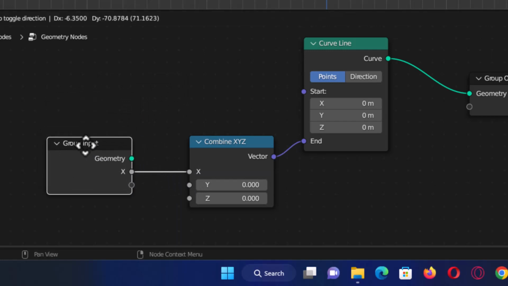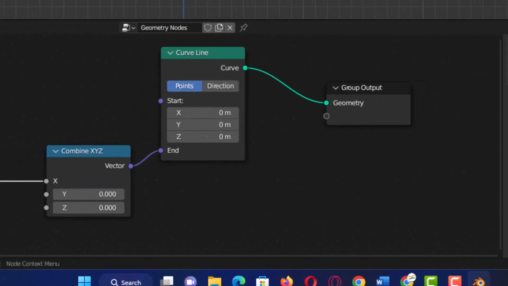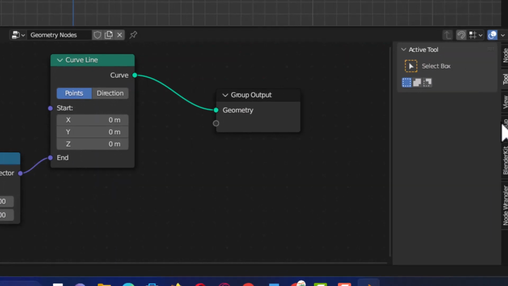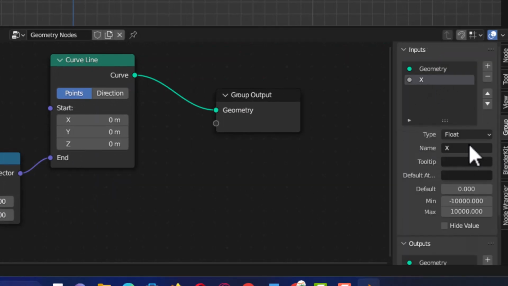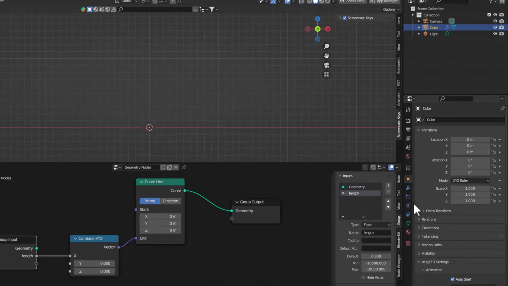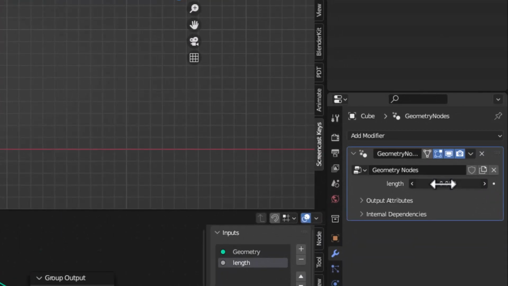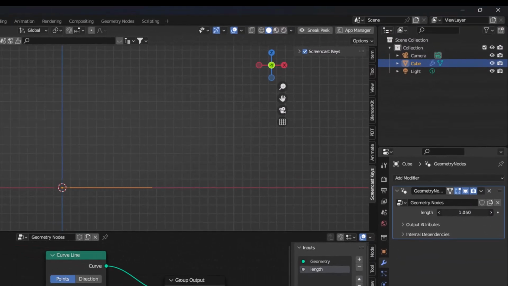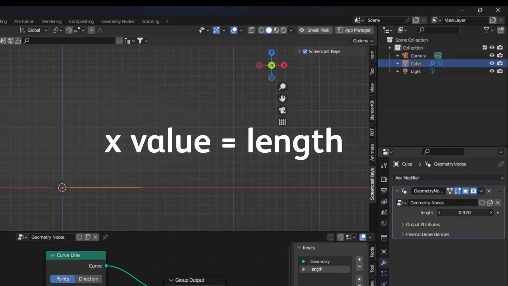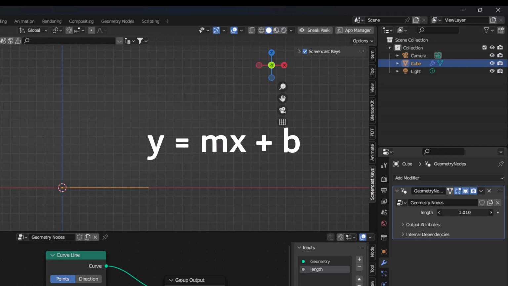So that now what happens is this output, if I come to the group box here, I am going to call this output the length. So this will be the length of the line that I am going to draw. So if I come to the modifier here and as I increase the length, you can see the length of the line is increasing. So this is going to define the x value,